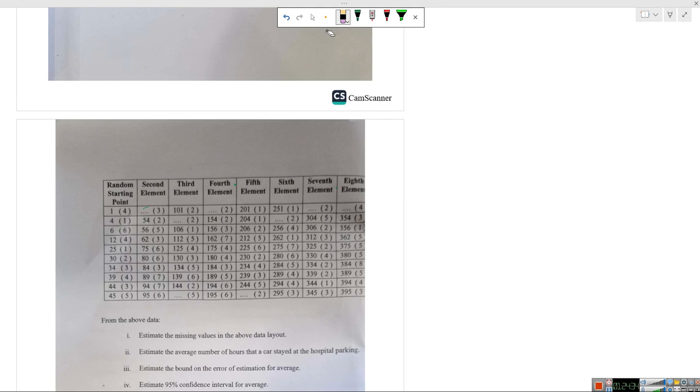The average number of hours that the car stayed at the hospital parking. For this, we have to find out the means of all these samples. So now we have to create another column where we will find xi bar, the mean of each sample. So how you can fill this table is kind of